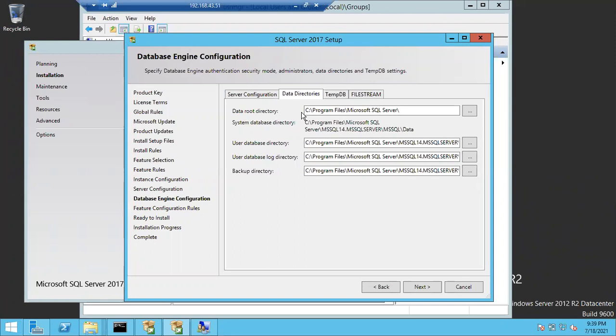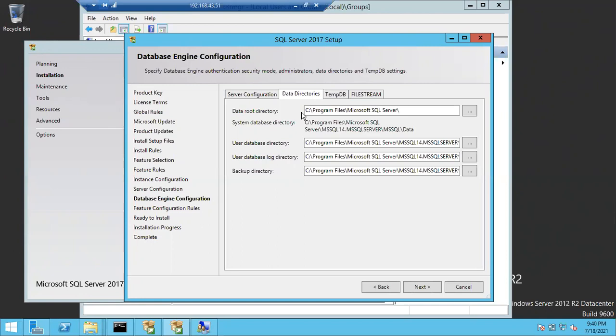Databases usually have data files and log files. A database is a collection of data files and log files. It's very important, and we will discuss it later. Usually a database is a collection of two files: one is the data file, the second one is the log file. These two files should be there to create a database.